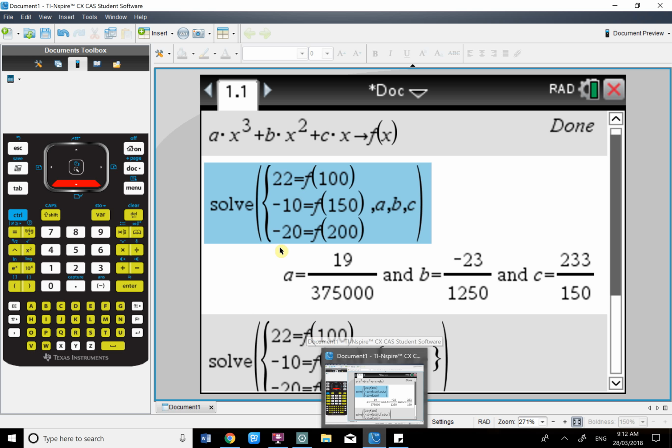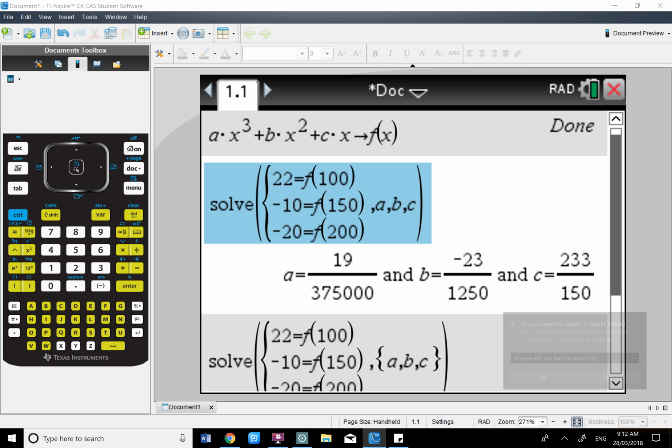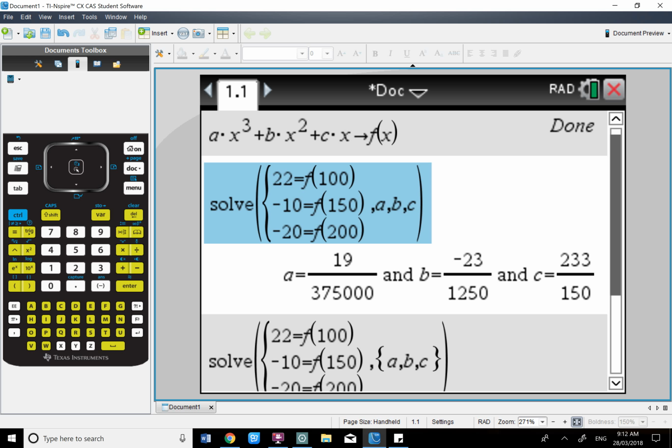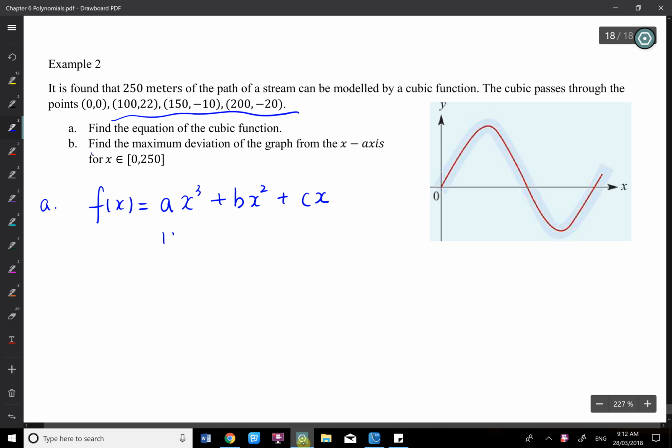Okay, copy the value down. That's the answer for the cubic. No way we can do it by hand. Well, we can, but the numbers are too large here. So that's the cubic. X cubed plus